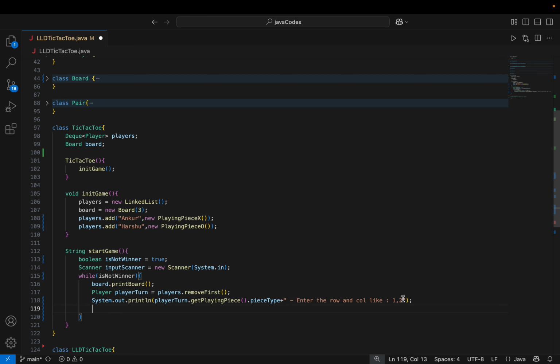And after that, I'm going to use slash n for the extra space. After that, I'm going to take the input from the user. How can we take the input from the user? I just use inputScanner dot nextLine, for the string type of input. I just want to store it in input